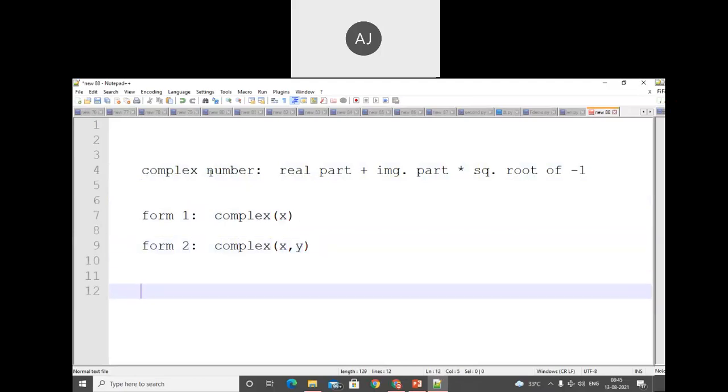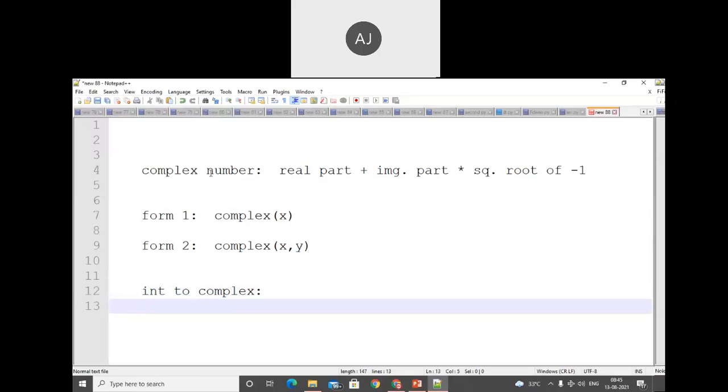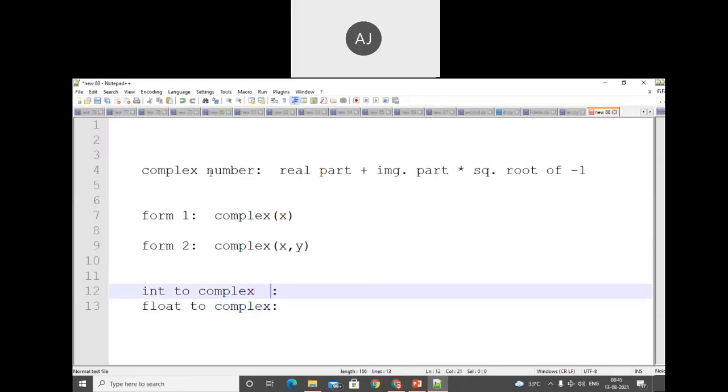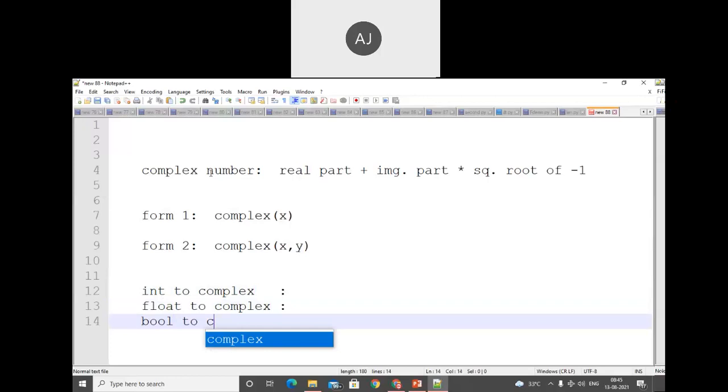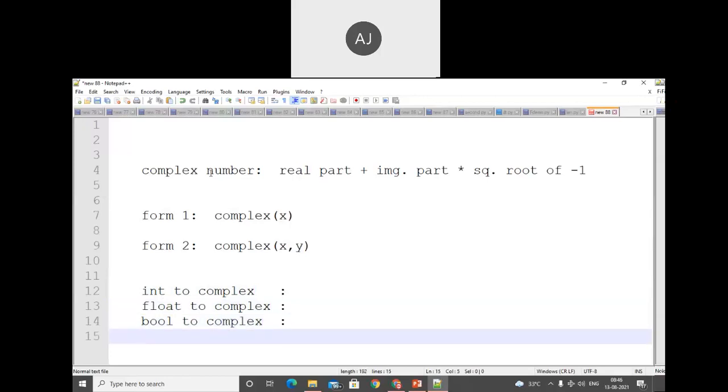Now what we need to do is convert int to complex, after that float to complex, third bool to complex, in form 1 and form 2 also. Later on we need to convert string to complex. We have only 5 options available, and among them one is complex.